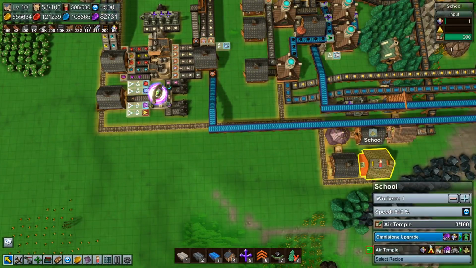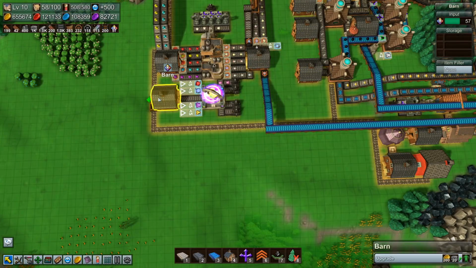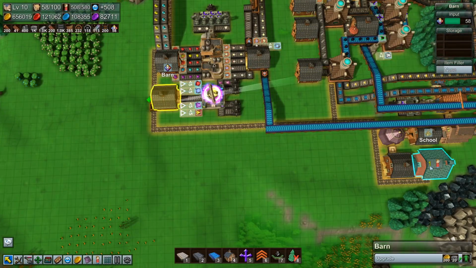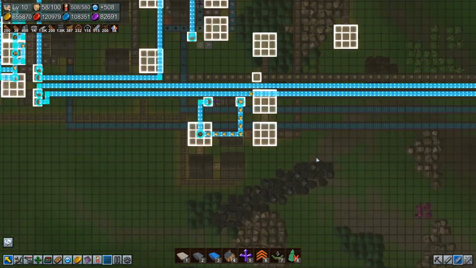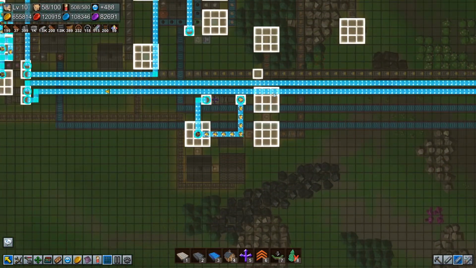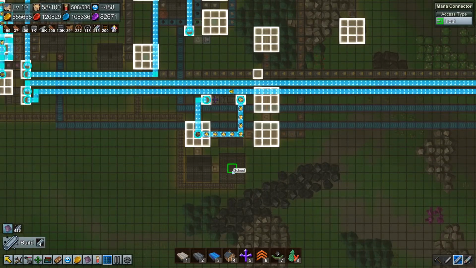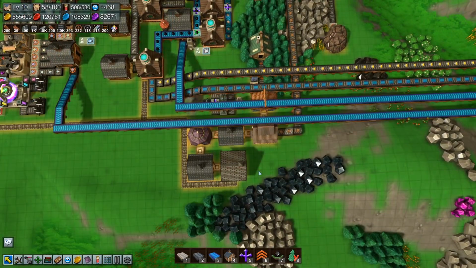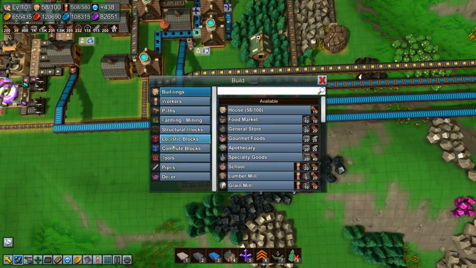How many do we need? We need one per go. We need 100, so we need 100 crystals for that. So we need to fill up the Omnistone production before we can do anything for this. And then we need 4 air crystals, which we could tap off of this actually. What if we did that? What if I did a mana receiver